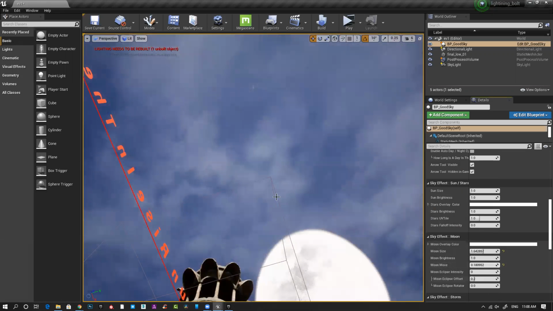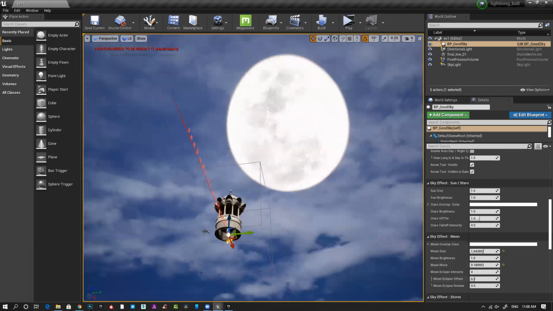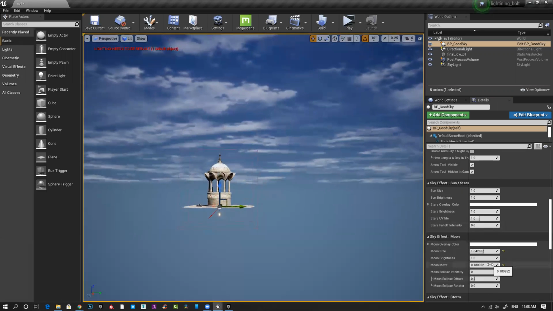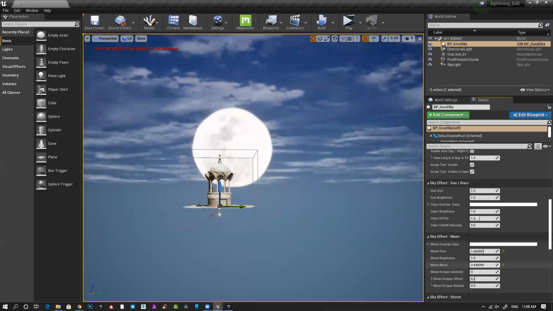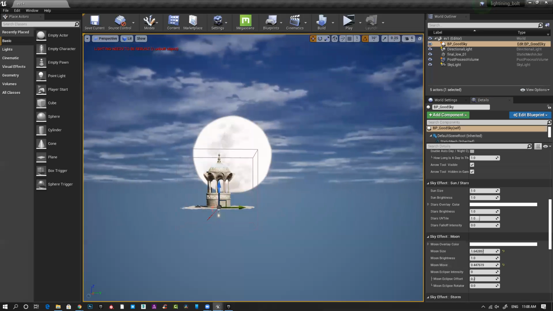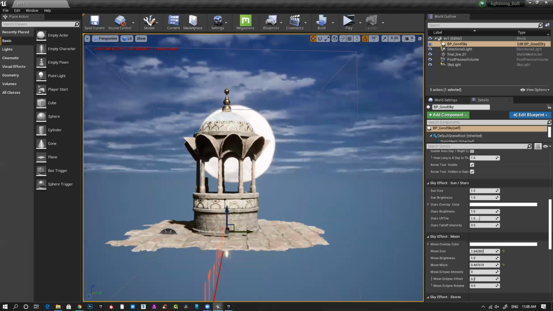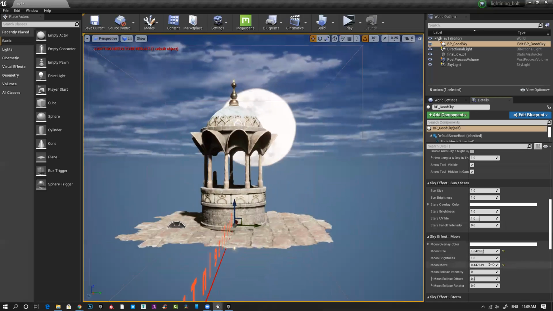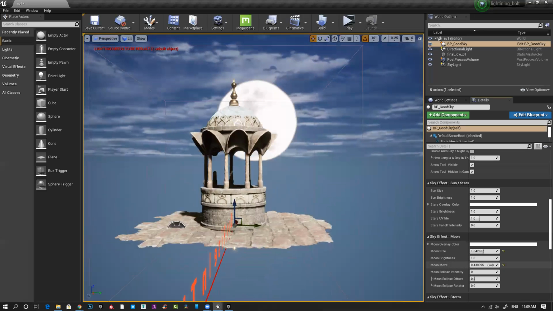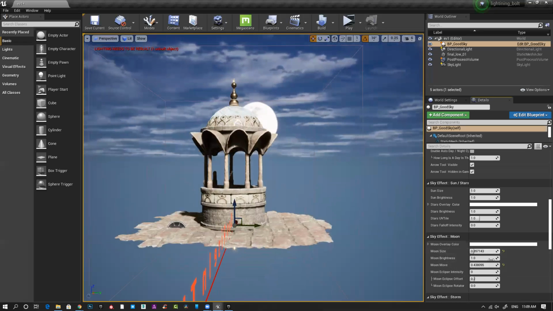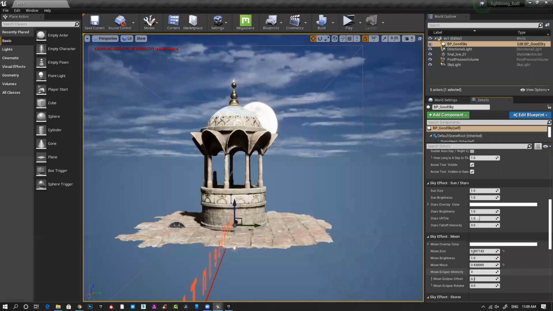Then, if you want to move the moon placement, suppose you want to create something dramatic, some fantasy scene, you can do it very easily. You can reduce the size of the moon. You can make it half, full,